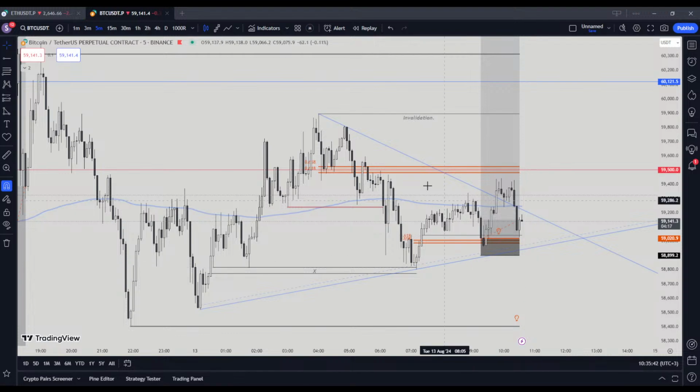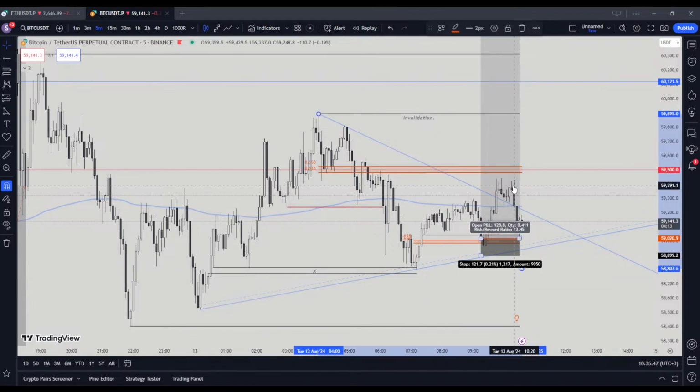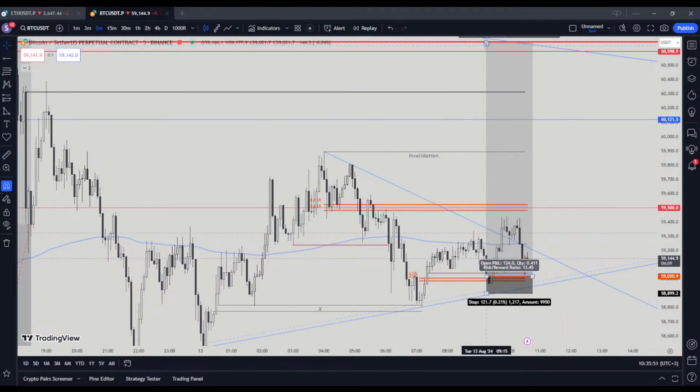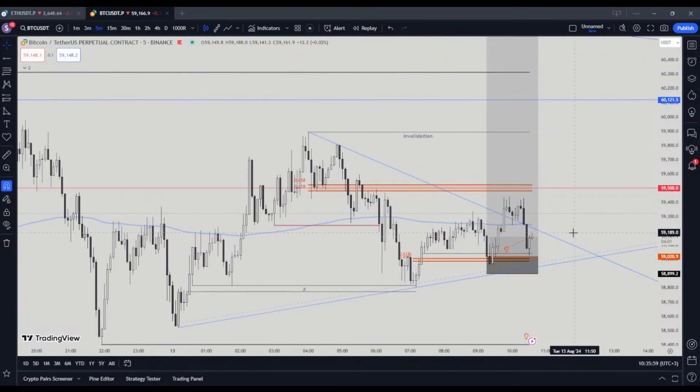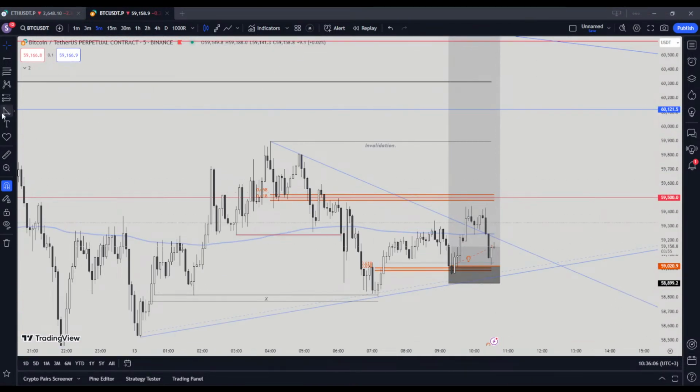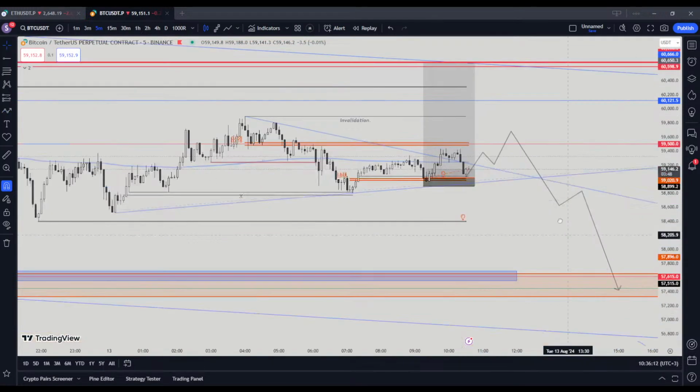61.8 should have been tapped here, because on Twitter I said TP here from this trade, so it should be tapped. This would be the TP1 at 3.65 R, and then TP2 at 7 R, and then the last TP here at Monday high. If the price is going for Monday low, well, I want to see this 61.8 hit, and then I will try to short into Monday low,